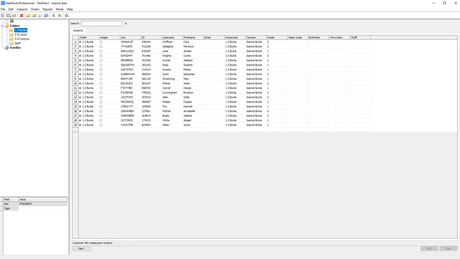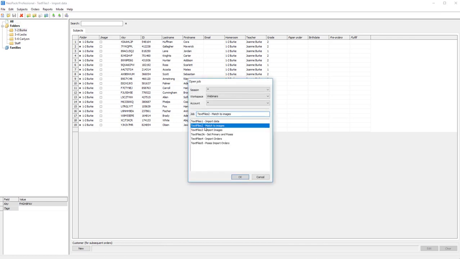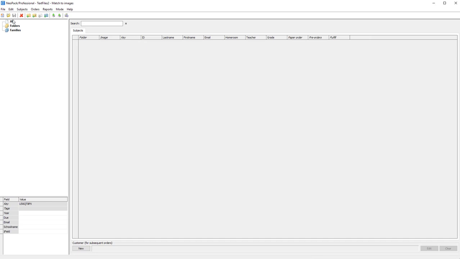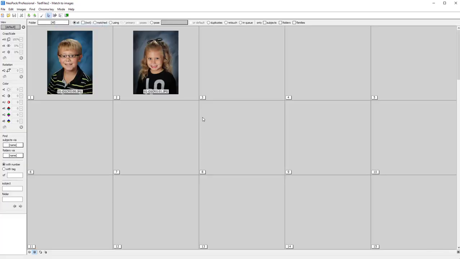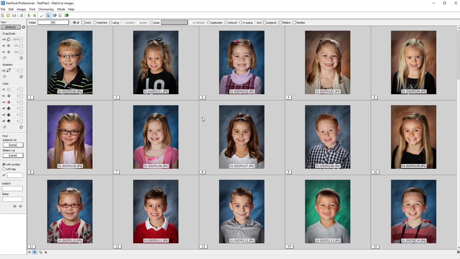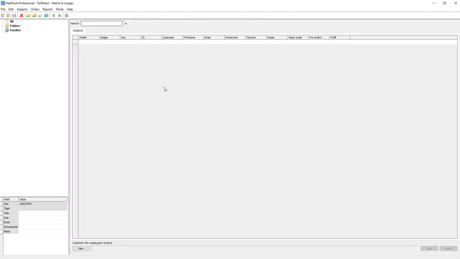At the next step, I'm going to open another job. This particular job has no data. You see there's nothing in details mode, but I've imported the images. Go to images mode. You can see there are images in there. I'm going to use my text file again to import the data to create the subjects and the folders, but at the same time it will match that data to the correct images, so that you don't have to do any manual matching in match mode. So let's go back to details mode and